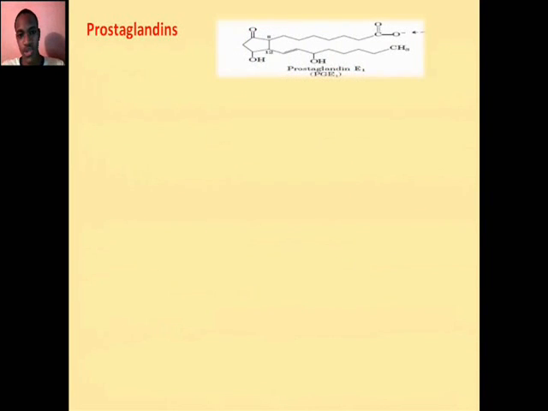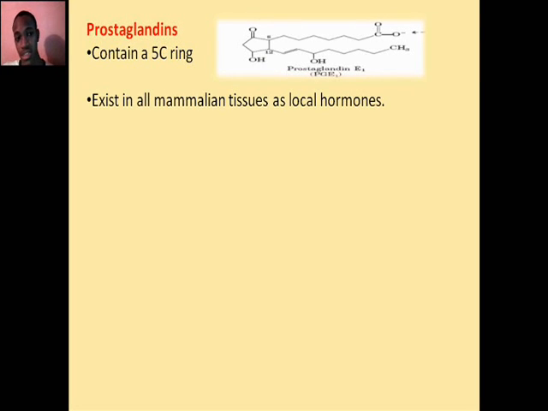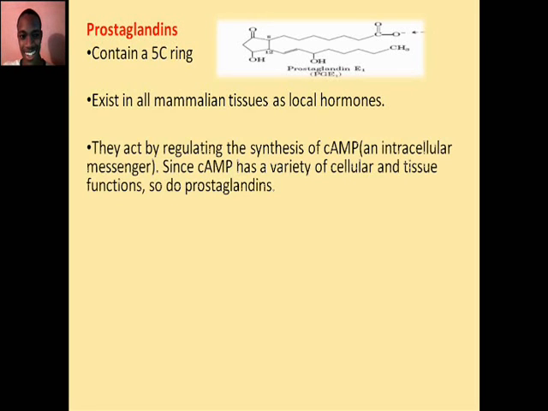Now, the first eicosanoid we'll be looking at is prostaglandin. And if we look at this diagram here, we would see there's a double bond, and it has a cyclic chain at the end, a pentagonal chain at the end, and that's the 5-carbon ring that I was just describing. And prostaglandins exist in all mammalian tissues as local hormones. They act by regulating the synthesis of cAMP, which is an intracellular messenger. Since cAMP has a variety of cellular and tissue functions, prostaglandins in turn would, because remember prostaglandins regulate the synthesis